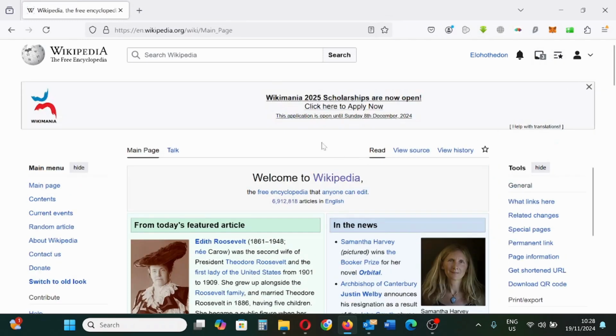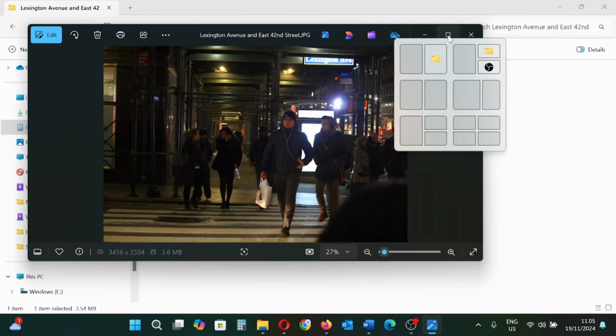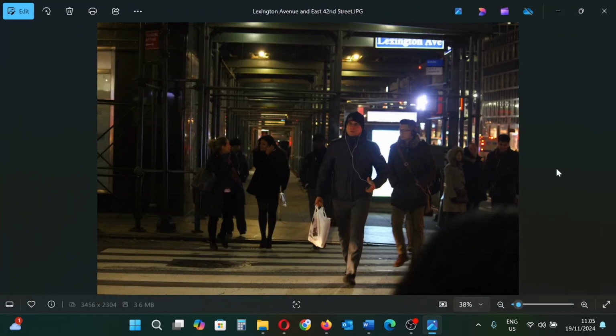This content is about the step-by-step procedure and the correct way of uploading images to Wikipedia. I will be uploading an image that I fully own. I intend to upload an image of a place, Lexington Avenue, located at the east side of Manhattan,